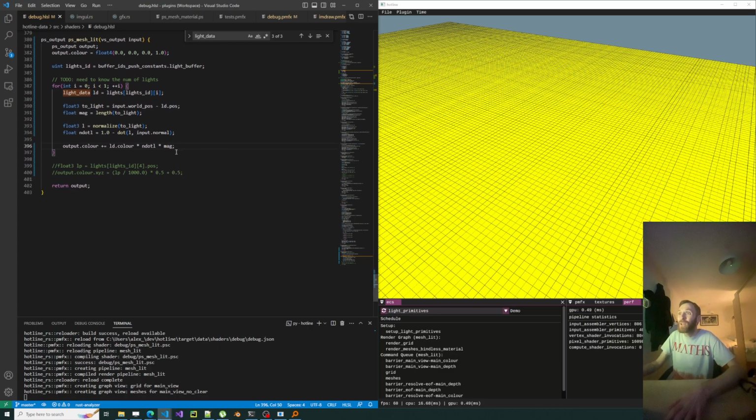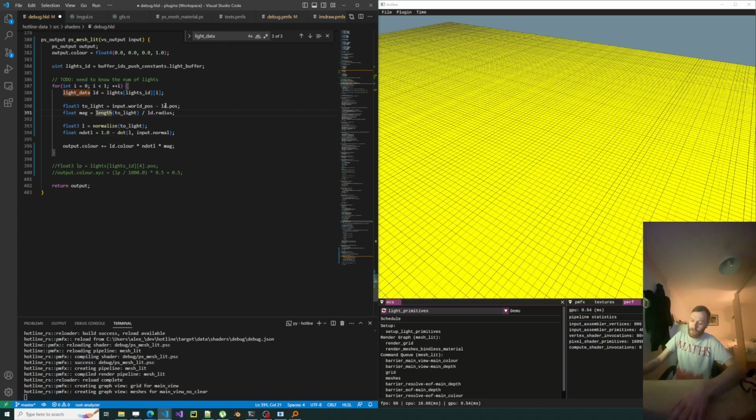That hasn't worked. Light pos minus pos, mag. And that needs to be scaled by the radius. So come on, scale by ld dot radius,